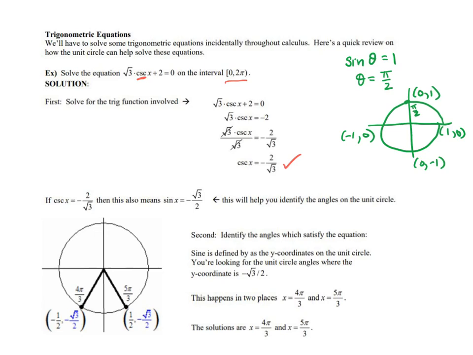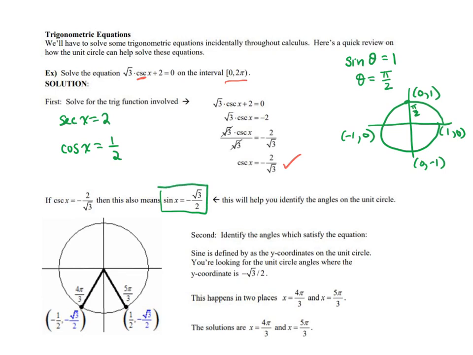This is an analogous case. If I had something like secant x equal 2, that's the same as looking at cosine x equal to 1/2. So if you ever have these other special trig functions, you can always take it back to sine or cosine or tangent. So essentially, in this problem, we were trying to find where sine of x equals negative radical 3